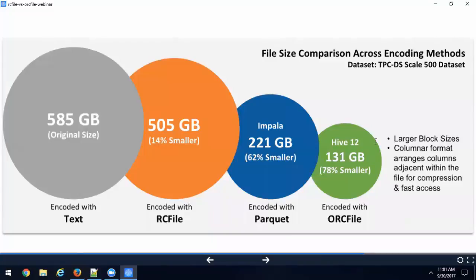Meghana Rakesh is asking, does it mean that it is compulsory in the projects to store in any one of the format? It is not compulsory at all, right? You can absolutely store in text format, but give it some thought, okay? If you're storing a 2 terabyte file and your things are running slow, converting to ORC or RCFile is super simple. With tools like Hive, it literally takes like 2 minutes to convert these things to another file format. So why won't you use it? I think that's the question. It is definitely a good thing to look into, okay? So it's not compulsory, but my question is, why won't you, right?